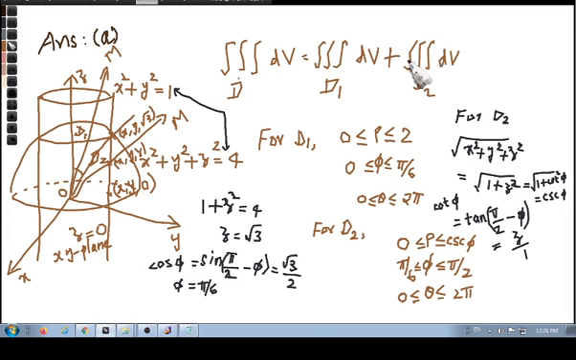And you are not asked to integrate. You have to just set up the limits of integration. So we have completed part A, and part B